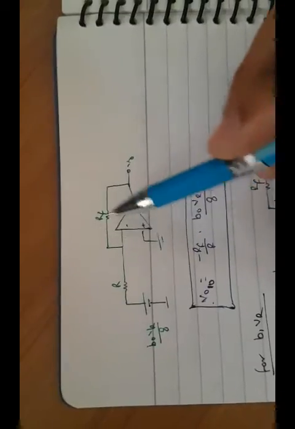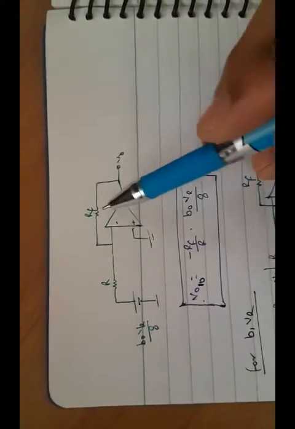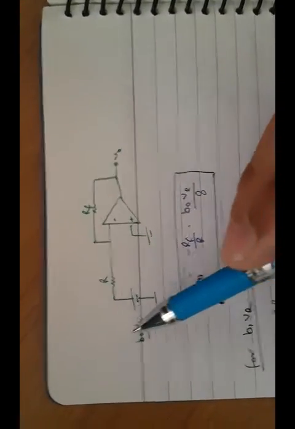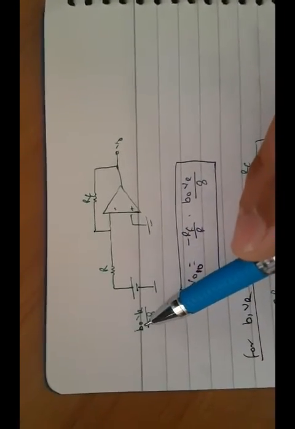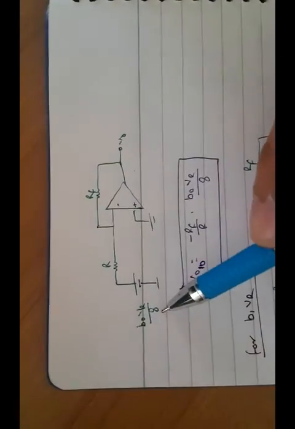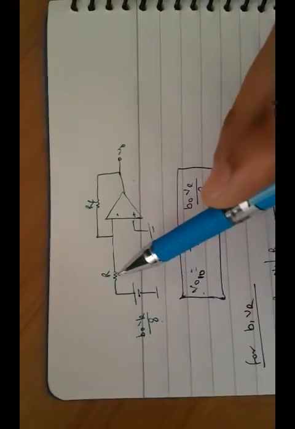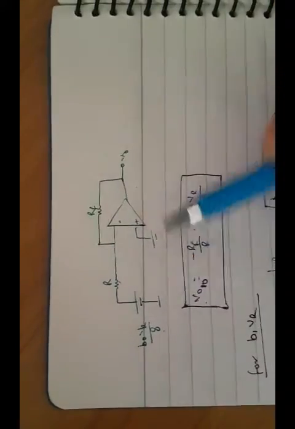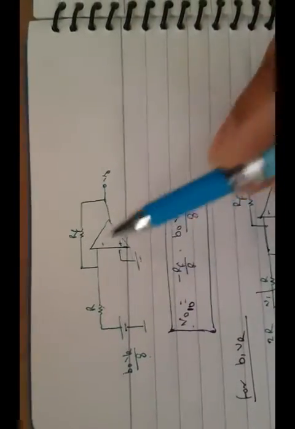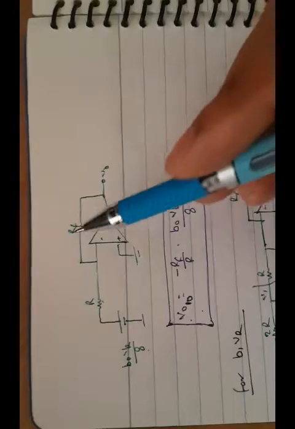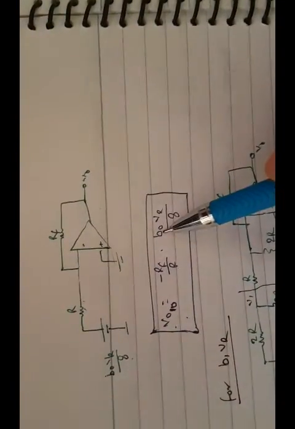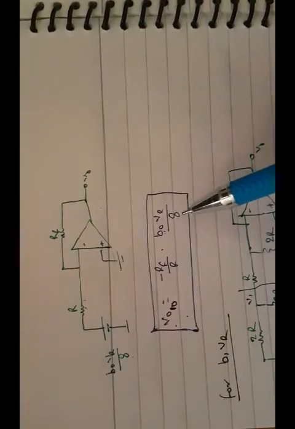The original circuit is this non-inverting amplifier. Here we have the open terminal voltage B0 VR by 8 and equivalent resistance R connected here. Now we see this is a non-inverting amplifier. We know that for the amplifier the output will be minus RF by R into V in. So V output is B0 into VR by 8.